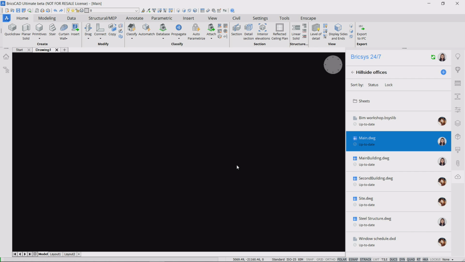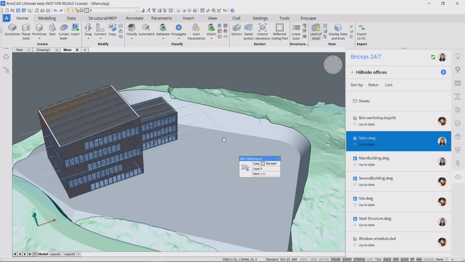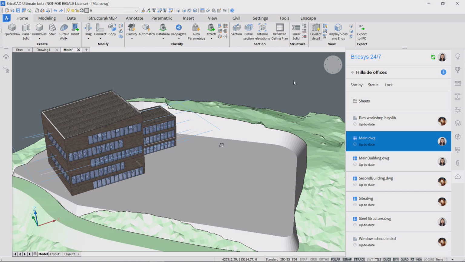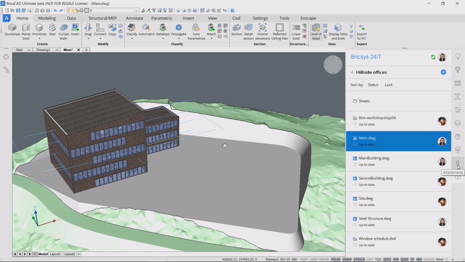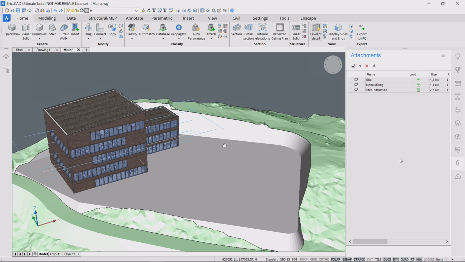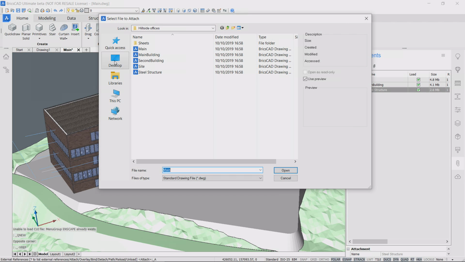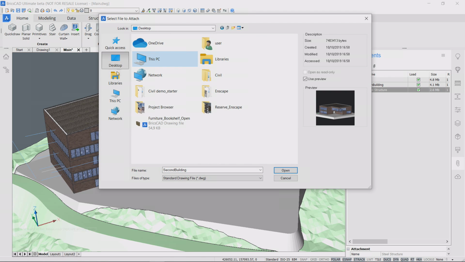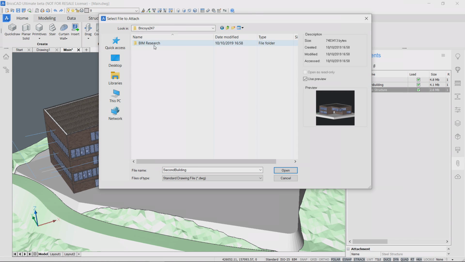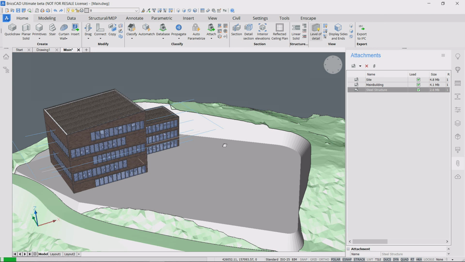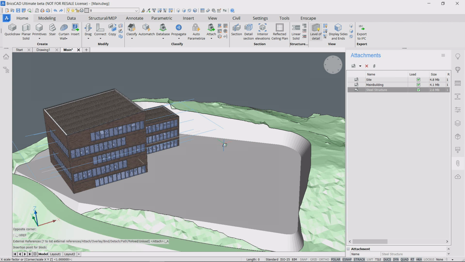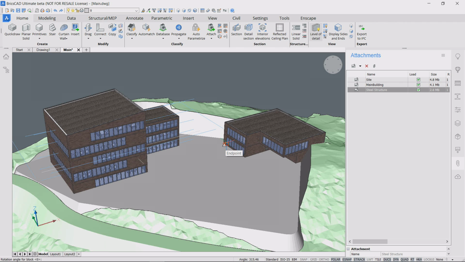We will now open the main model, and this is the main drawing in which we will bring all the files together. As you can see here, we have the main building already in place, just like the site that were created previously, but we don't have a second building yet. So we go to the attachment panel, and we attach an XREF, or external reference in long. An external reference is a reference to another DWG file in a DWG, so that you can bring models together and you can view them together more easily, or you could work together on different parts of models and